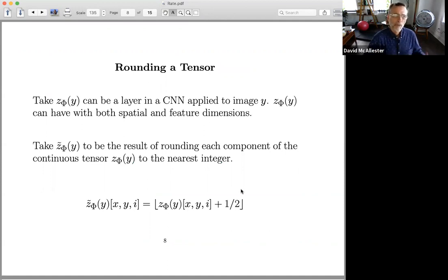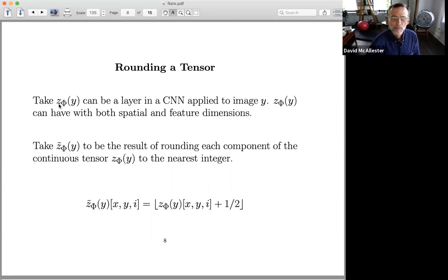So we take an image that we want to compress. We apply a deep neural network to it. We take some particular layer in that. That layer is going to have spatial dimensions and feature dimensions, neuron dimensions. And we're going to